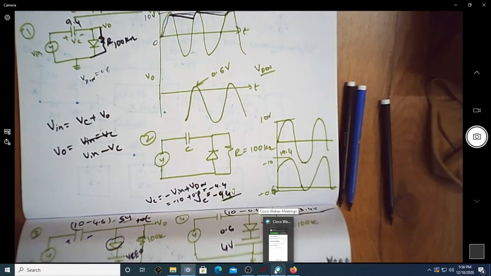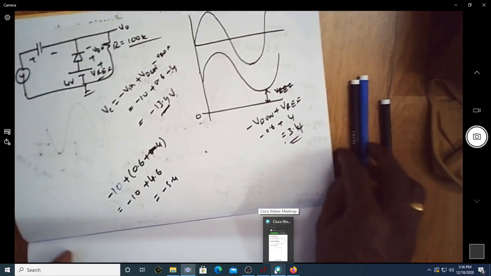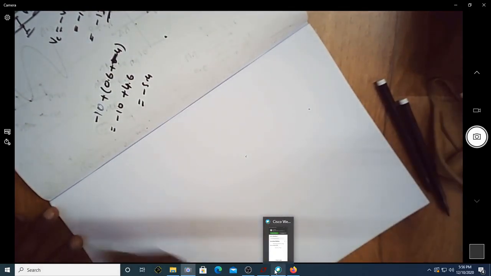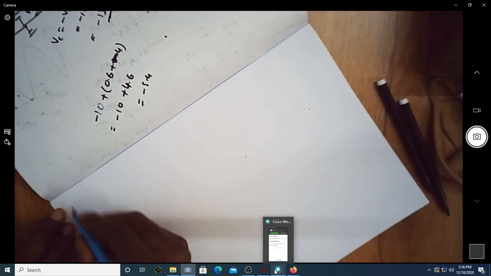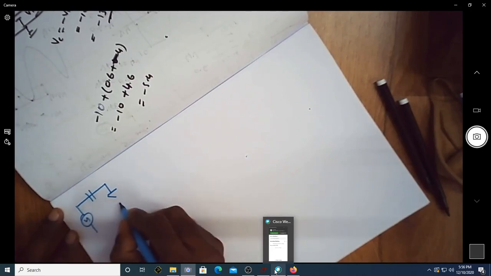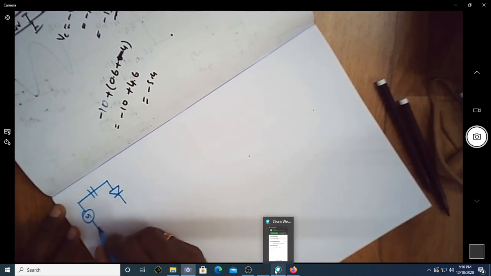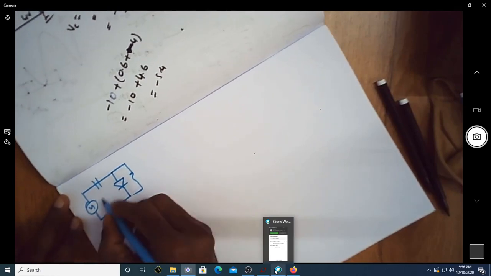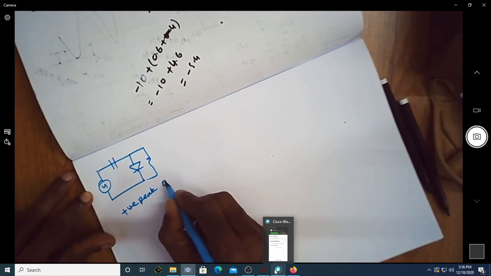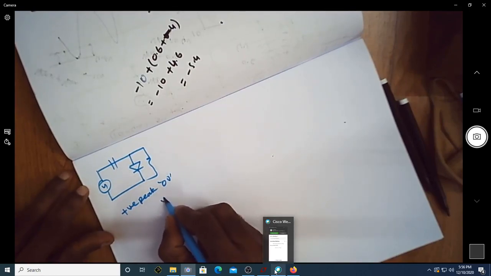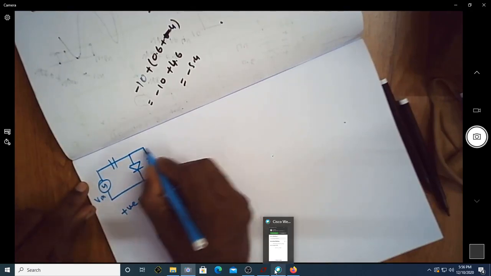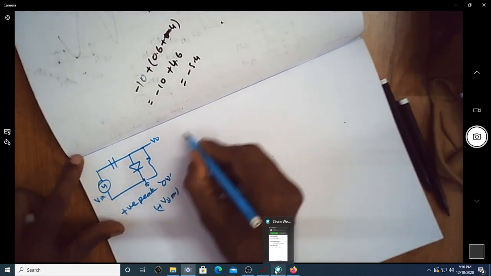So basically we have 6 different combinations of circuits. Suppose I make a summary of all those things, the first circuit would be something like this. Okay, sorry, let me write the capacitor here. What is this? This is positive peak clamped to 0 volt or VD on. This is 0 volt ideally. This is V in, this is V naught, grounded.